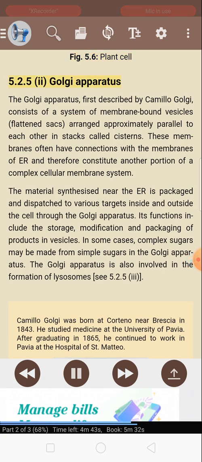5.2.5 III, Golgi apparatus. The Golgi apparatus, first described by Camillo Golgi, consists of a system of membrane-bound vesicles, flattened sacs, arranged approximately parallel to each other in stacks called cisternae. These membranes often have connections with the membranes of ER and therefore constitute another portion of a complex cellular membrane system. The material synthesized near the ER is packaged and dispatched to various targets inside and outside the cell through